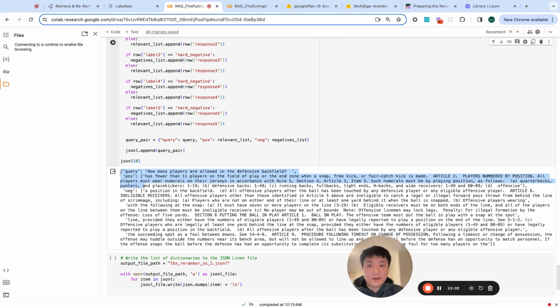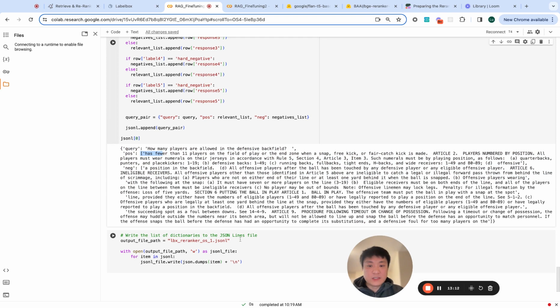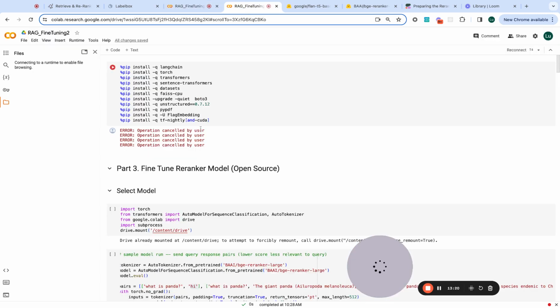What one line of that JSON looks like: you've got the query, your positive examples as a list, and your negative examples as a list. We'll write this to a JSON line file format, and we're ready to start the re-ranking fine-tuning process. So we'll head over to the next notebook,